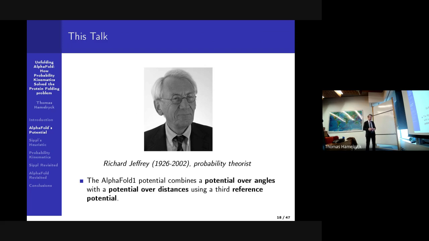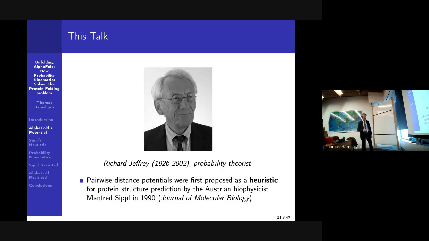So the AlphaFold potential combines a potential over angles with a potential over distances. So we have these two potentials that derive from neural networks, with fairly standard technology by that time. So we have these two potentials, over angles and over distances, and then they are combined using a third potential. And this they call a reference potential. So where does this construction come from, and how does it relate to this Kirkwood article from 1935 about the physics of liquids? Well, pairwise distance potentials have actually been used for a long time in the bioinformatics of proteins,